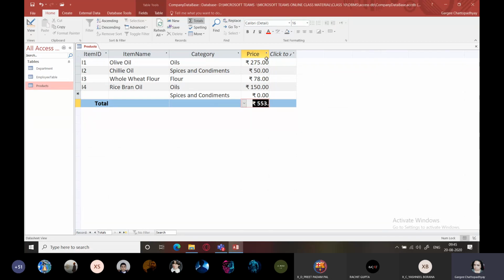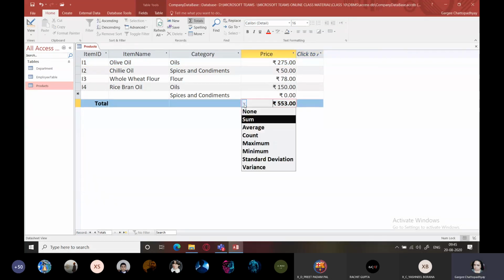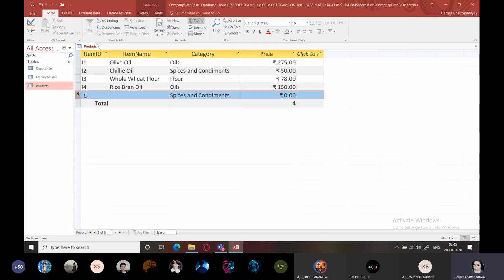Sum will give you the total sum of all the values here. Okay. You can change it to average. This is the average price. Count shows how many values are there. There are 4 values excluding this one because this is only a placeholder for typing a new record, right?